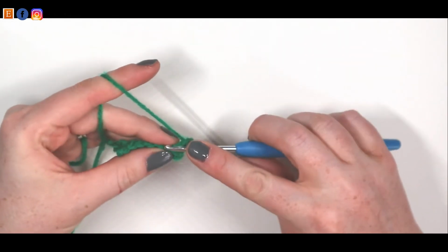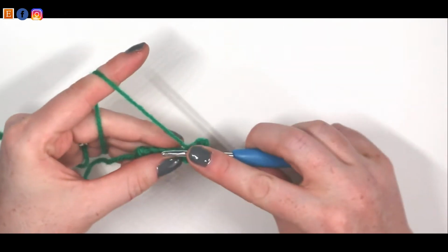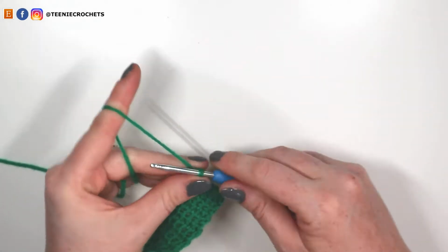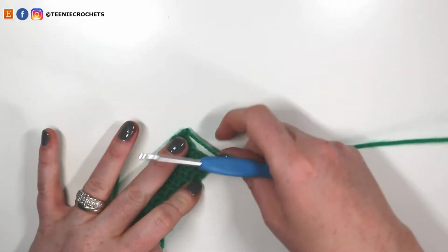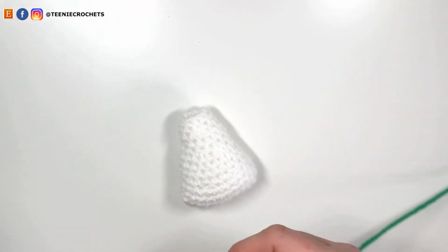So when I have finished my 11 rows of single crochet across, I'll meet you back here and I'll attach this seaweed to my rice. So I've finished my 13th row. I'm going to chain 1 to fasten off. I'm going to cut my yarn a little bit longer than normal because I'll use this tail to sew it onto my rice. Then if I bring my triangle back in,